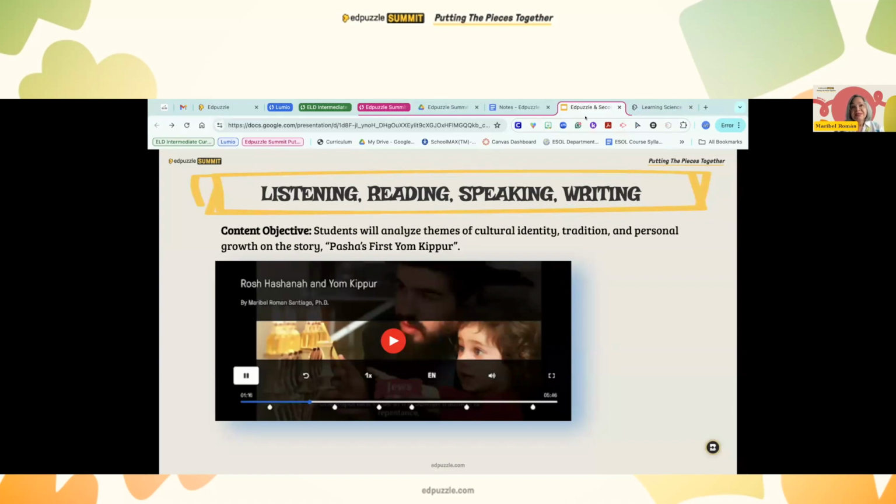So we are learning second languages. Second language acquisition definitely involves culture and learning about different cultures and traditions, and how those themes support an individual's development throughout the story.